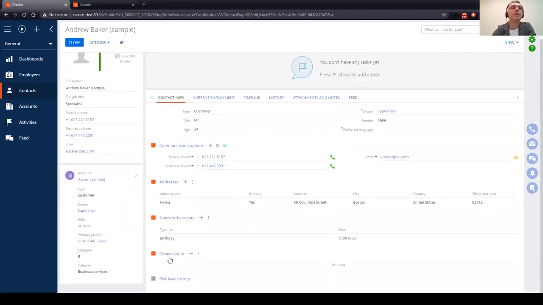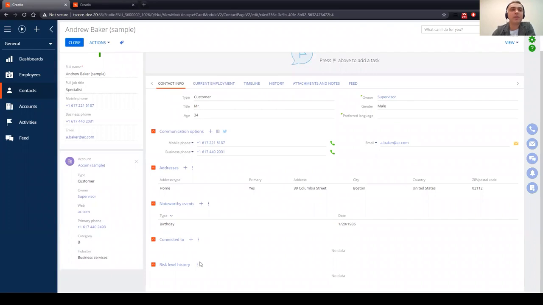We can see the risk level history detail over here. And if we compare it with the rest of the details available on the page, we might see the difference: we do not have the add button here. The rest of the details have the copy, edit, delete items in the menu, and our detail doesn't have these